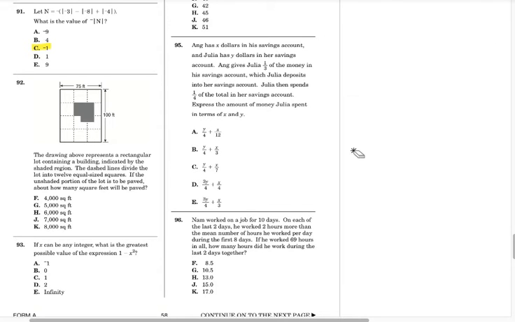Alright, number 92. We have to find the unshaded portion here. Alright, so what I see is one full square here, and then 2 half squares there and there. So we have 2 squares. That would be 2/12 or 1/6 of the whole is shaded. So 5/6 is unshaded. So 75 times 100 is